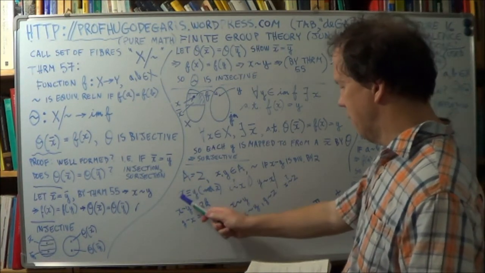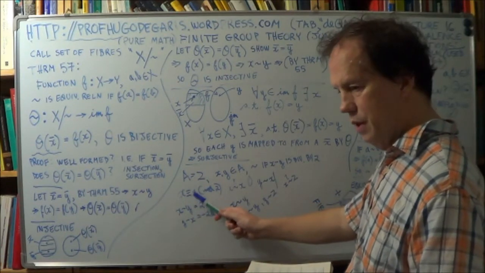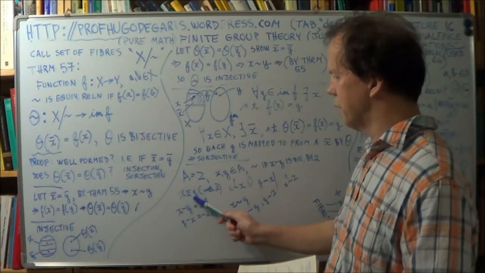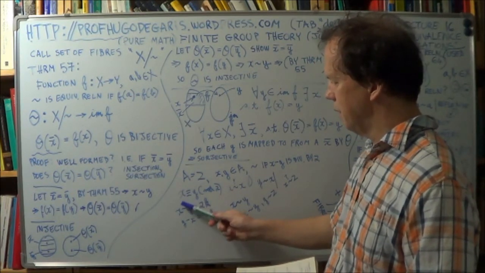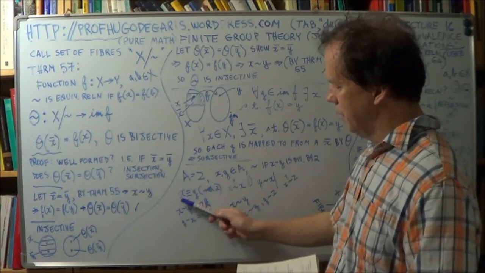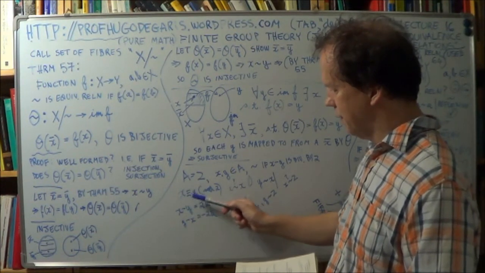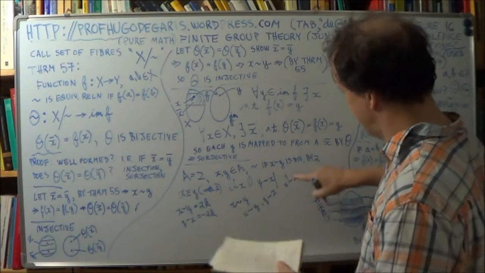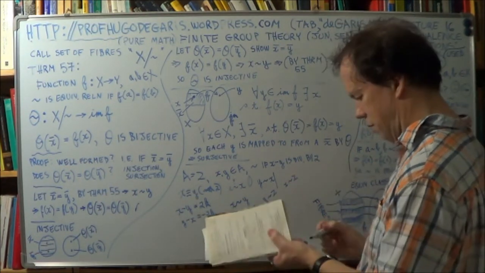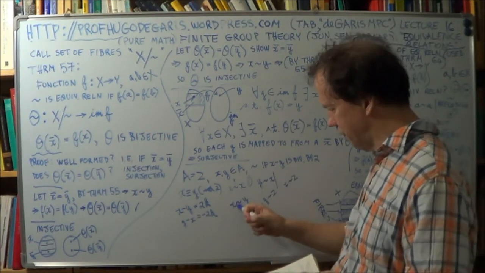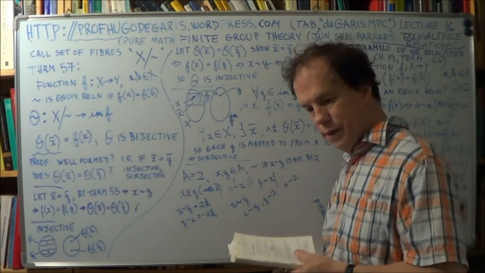Well, if x is congruent to y and y is congruent to z, then x is congruent to z. That means x minus z is divisible by 2. So that's true. Therefore all three conditions are satisfied. Therefore this relation is